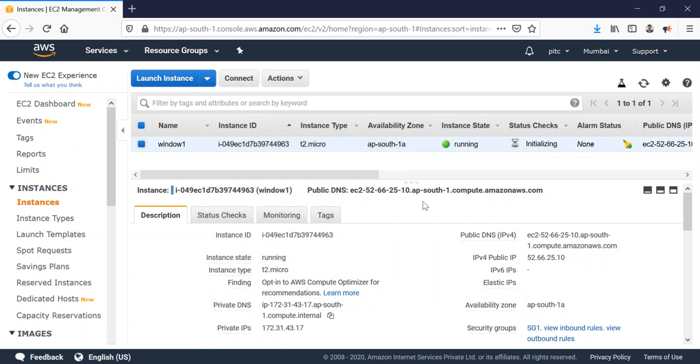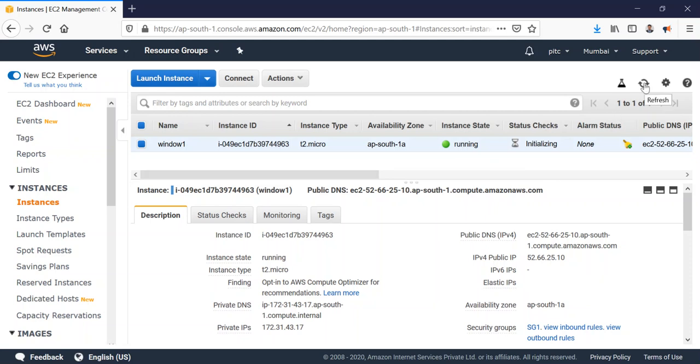Or if it is a Linux machine, you can connect with SSH. Here I will use PuTTY, and there is also something called MobaXterm, you can use that one. There are so many ways. We will go with the Windows machine first, and then we'll go for the Linux machine.